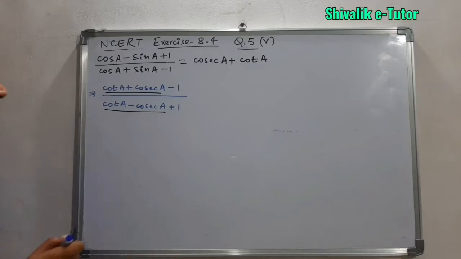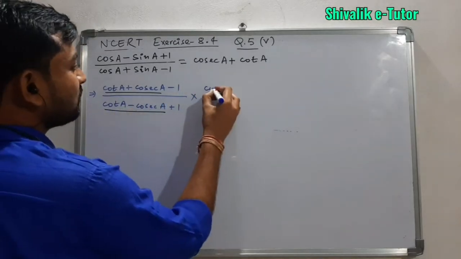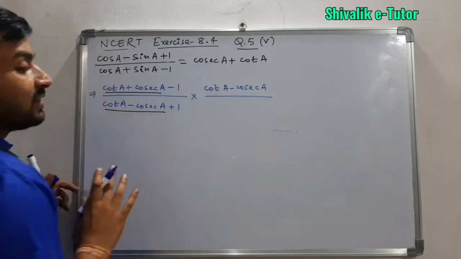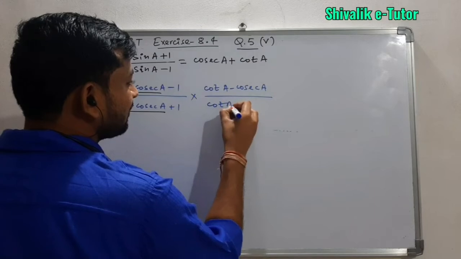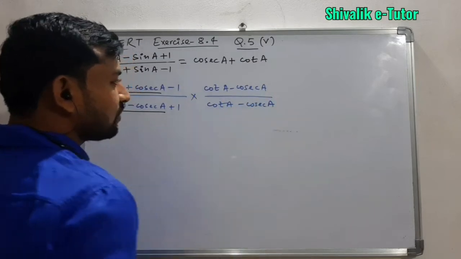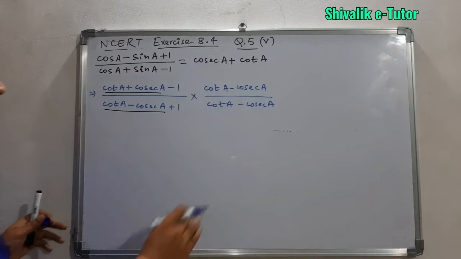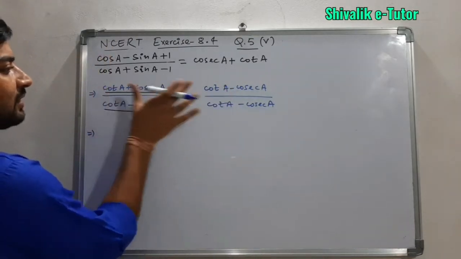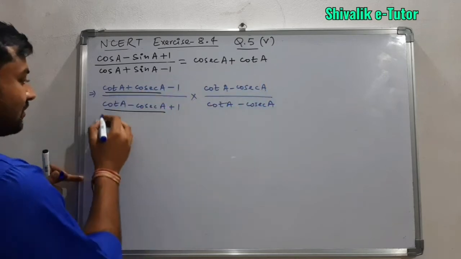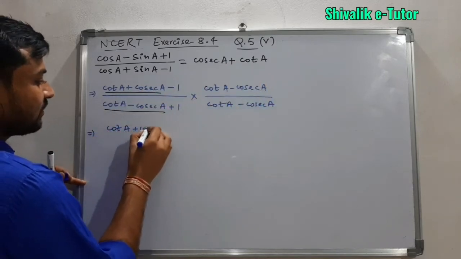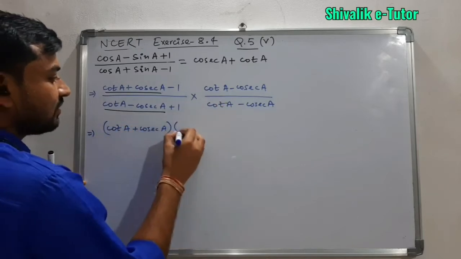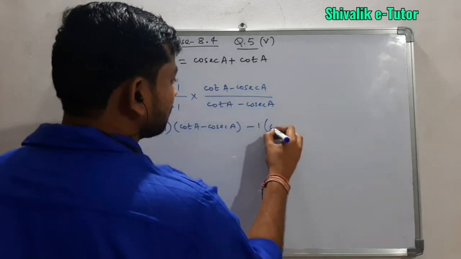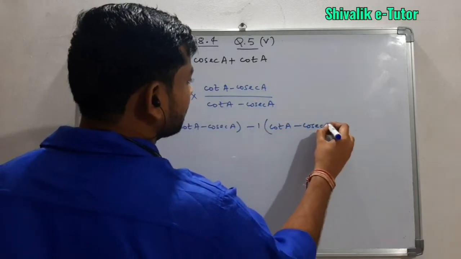और हम इस क्वेश्चन में क्या करेंगे, जो ये डिनोमिनेटर है इसी को हम न्यूमरेटर और डिनोमिनेटर में मल्टीप्लाई करेंगे, बट ये ध्यान रखना है कि हम सिर्फ ट्रिग्नोमेट्रिक रेशियोज लेंगे, जो कांस्टेंट होगा उसको हम मल्टीप्लाई नहीं करेंगे. तो cot A minus cosec A we have to multiply both in numerator and denominator. अब न्यूमरेटर के अंदर हम इसको एक पूरी टर्म मान रहे हैं, ये भी एक पूरी टर्म है, इसको हम दो पार्ट में मल्टीप्लाई कर सकते हैं. तो यहाँ पर cot A plus cosec A multiplied with this term cot A minus cosec A, then we have to multiply this by minus 1 cot A minus cosec A.